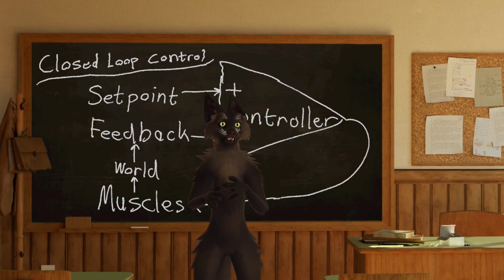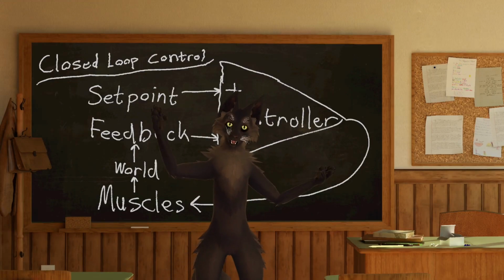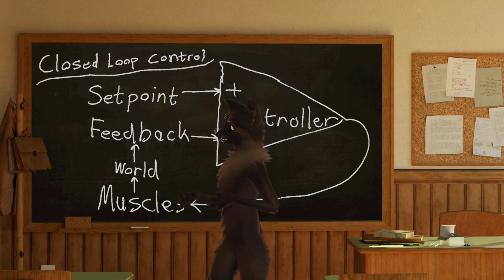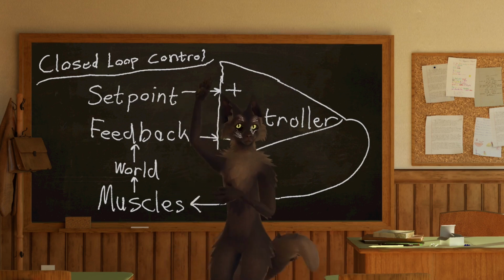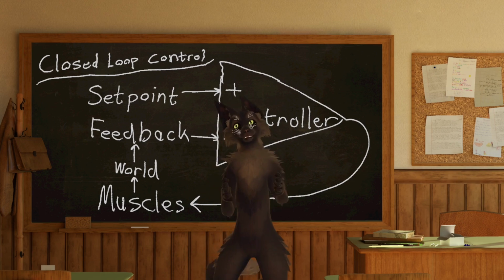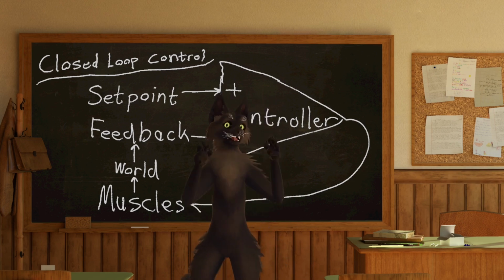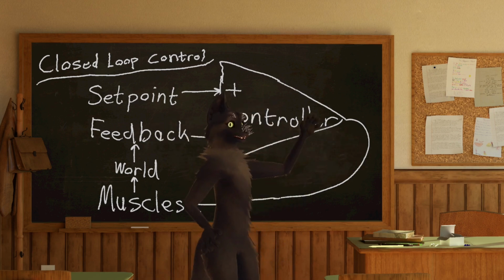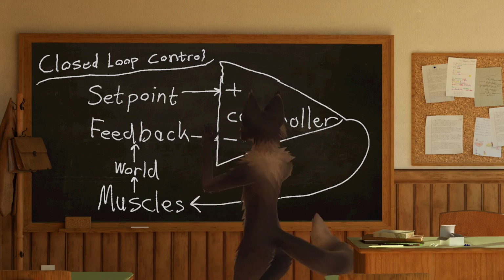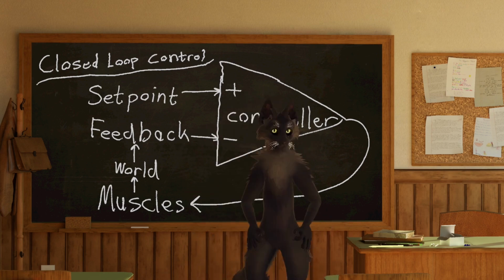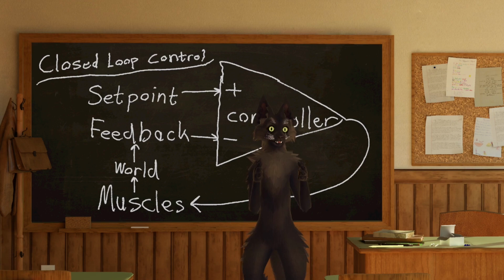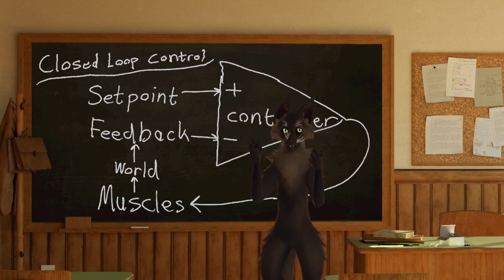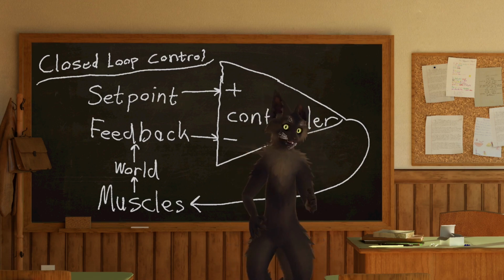Okay, so the way that the brain controls the body is by using a principle called closed-loop control, also known as feedback control. Closed-loop control is a guiding principle throughout the whole central nervous system, and I've drawn a diagram of it here on the board. Closed-loop control is a method of getting to a desired place in the world, known as the